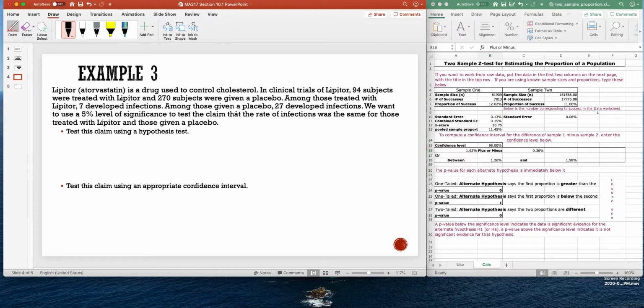We want to use a 5% level of significance to test the claim that the rate of infections was the same for those treated with Lipitor and those given a placebo. So if we let the first proportion be the proportion for the Lipitor group, that means we are going to have our hypothesis test, the null hypothesis, be that P1 is equal to P2, and the alternative,